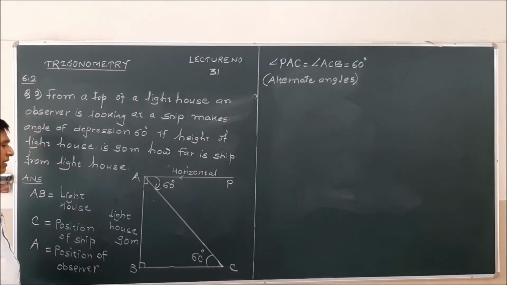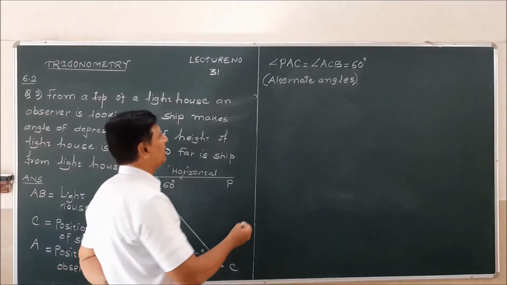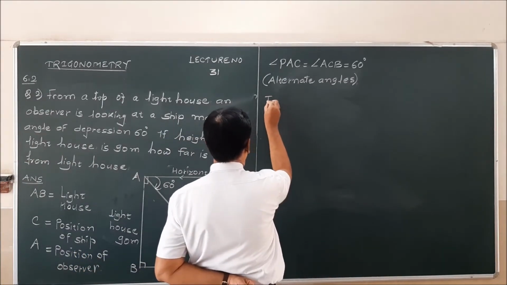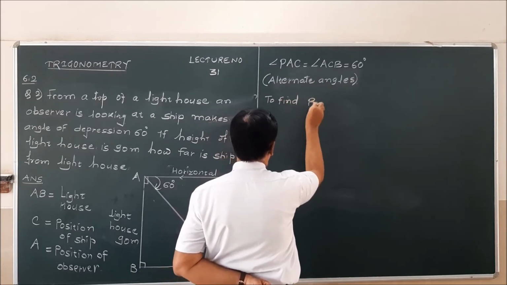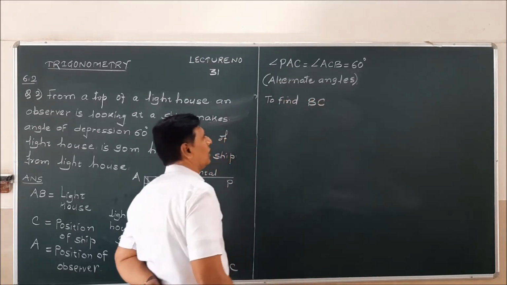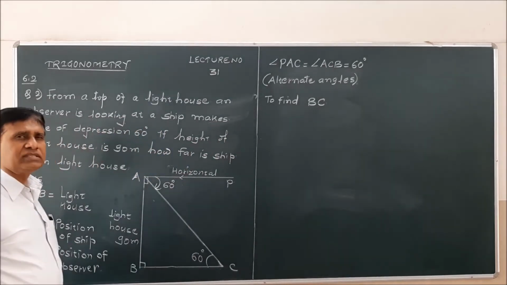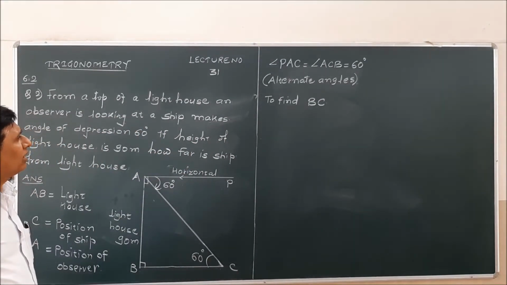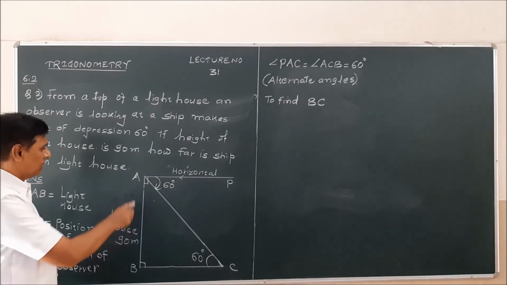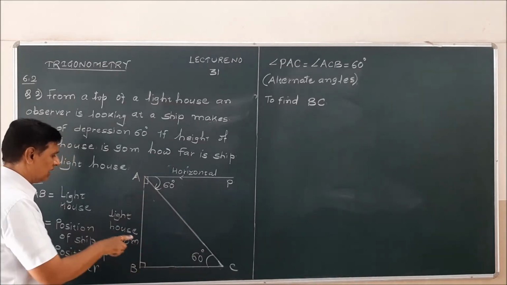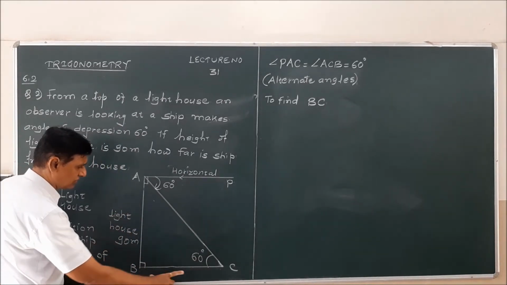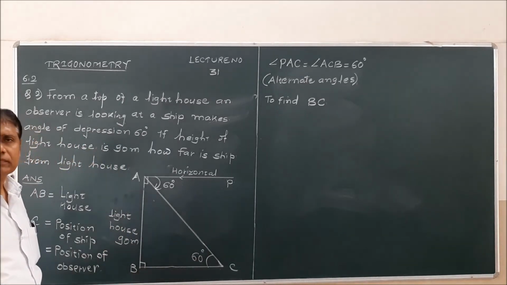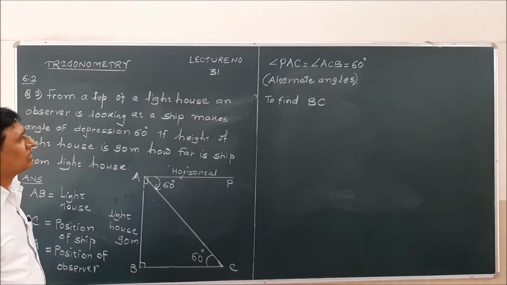Now what we have to find out from this, how far is the ship? That means we have to find out BC. To find out the value of BC, this is a triangle in which this is the angle, and the opposite side is known to us. We have to find out BC. Same way, we can say here, in triangle ABC,